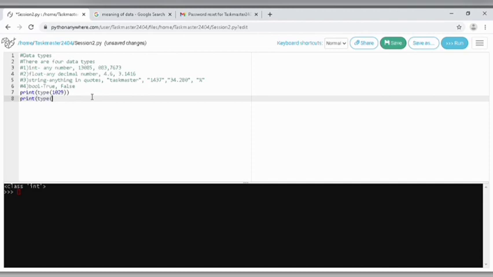Let's print type, and now let's add a decimal number. You have to make sure that you are closing both the parentheses, because if there's anything open it will come as an error. So when I run this,